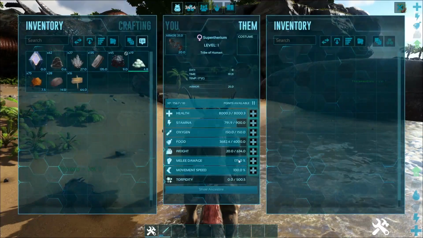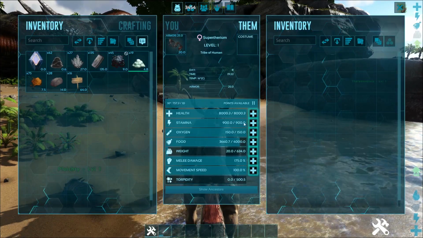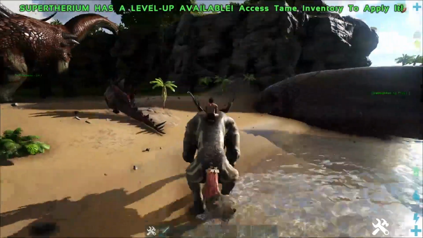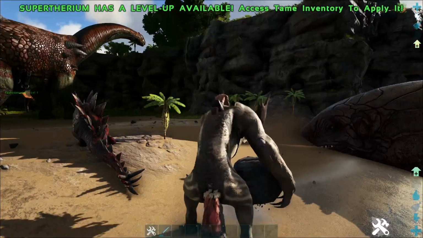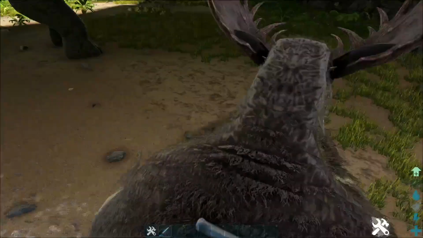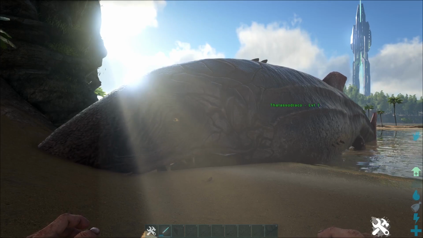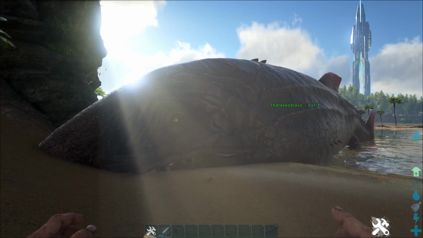As you can tell, its stats are quite high compared to other creatures, and not only that, it also has a range attack. So yeah, this is the what, Super Terrarium. Now last on the list is this abomination, scary nightmare fuel of a creature called the